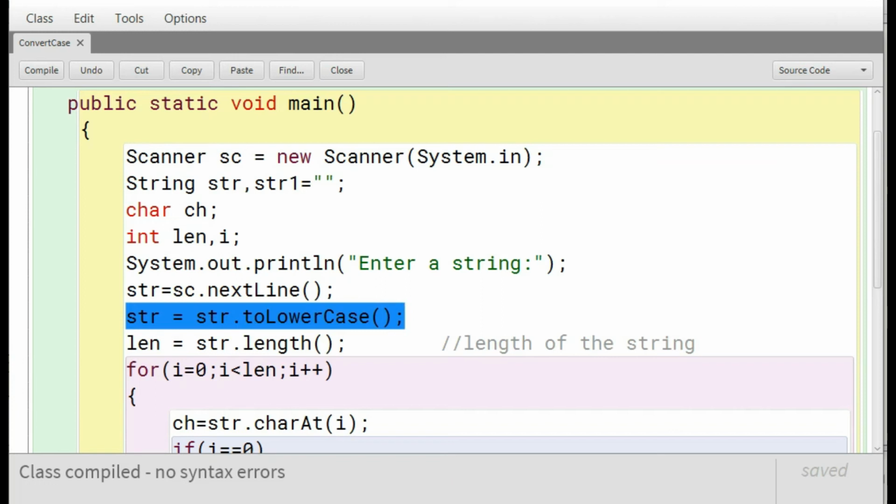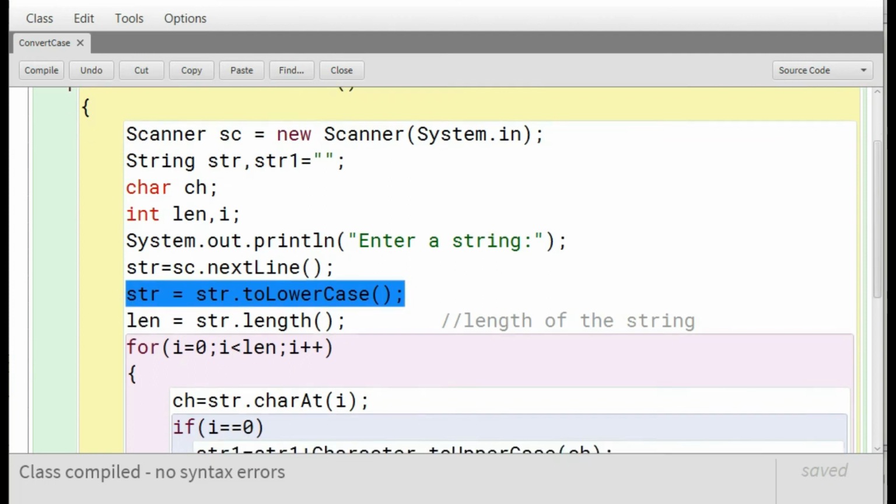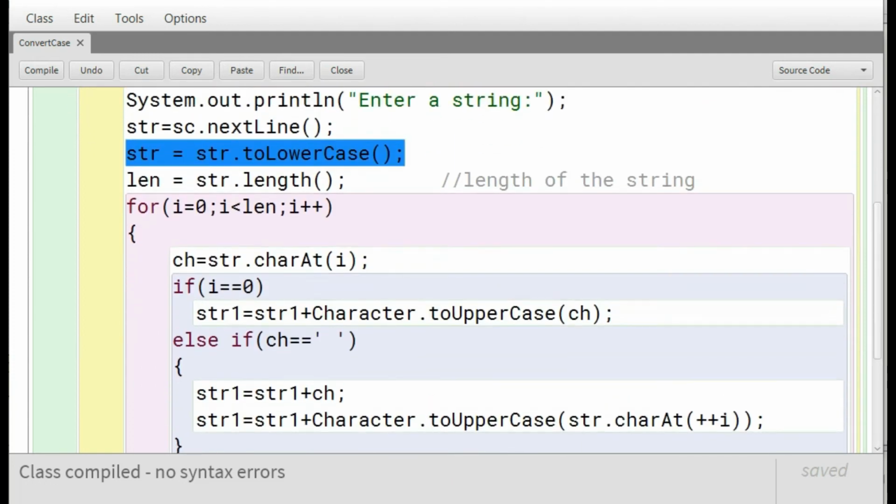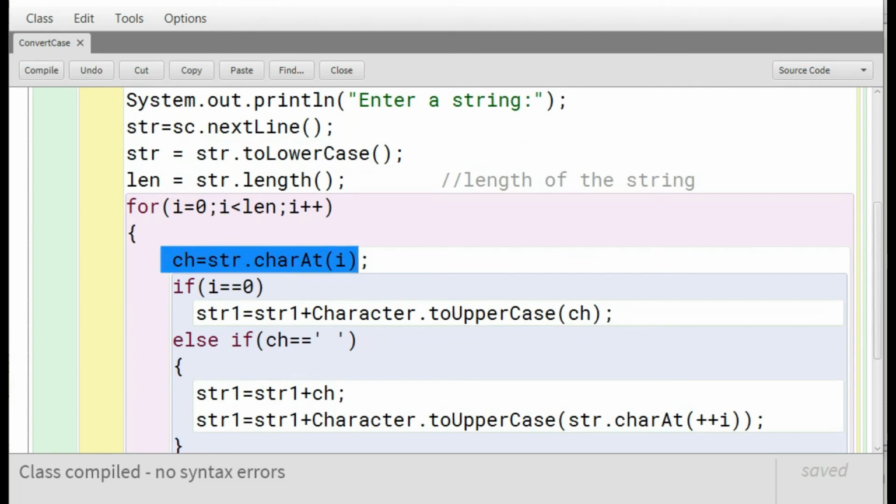So for that reason, we are converting all the letters in the string into lowercase. Then we are executing a for loop and extracting every character at index i. For checking the first character, we check if i equals 0, meaning the index is 0, that is the first letter of the sentence, and we have to make it a capital letter.